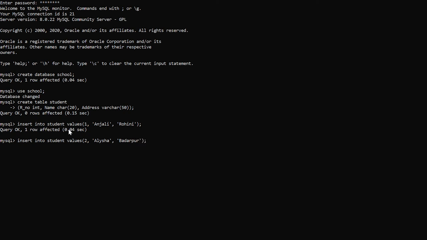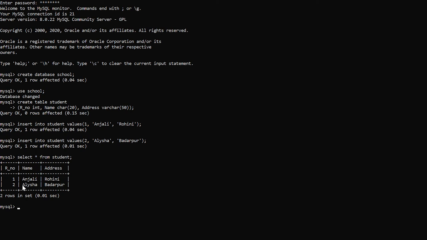After this I'm using the terminator, the semicolon. The second row or second record is also inserted, right? If you want to check this particular table, we are going to use the select command: select star from table name student. After this I'm getting this particular table.